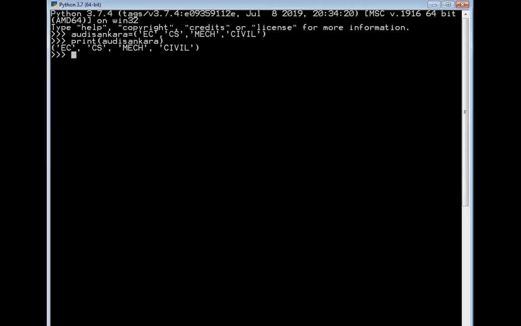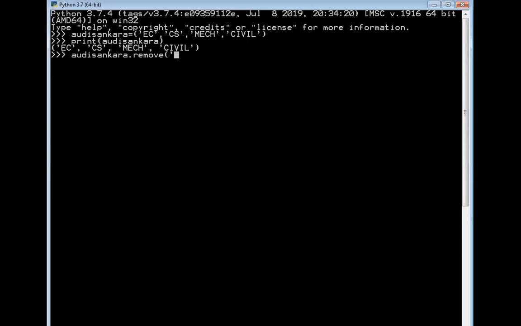Suppose I specify the remove method directly here, that is Adi Shankara dot remove, and then in brackets I specify the civil branch.